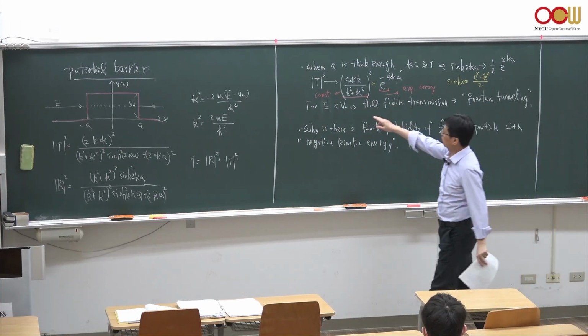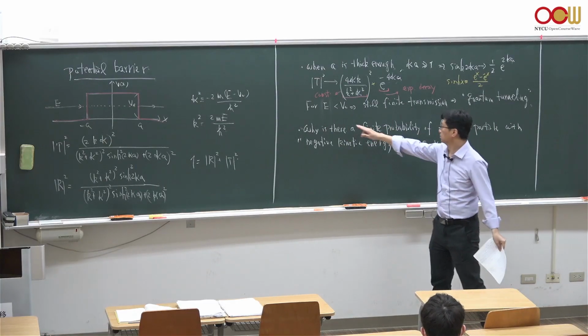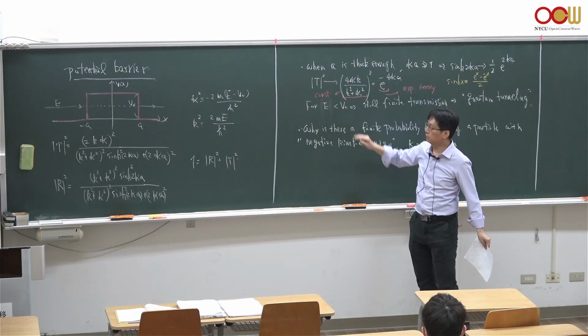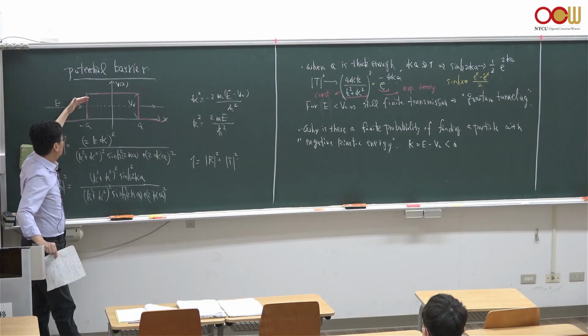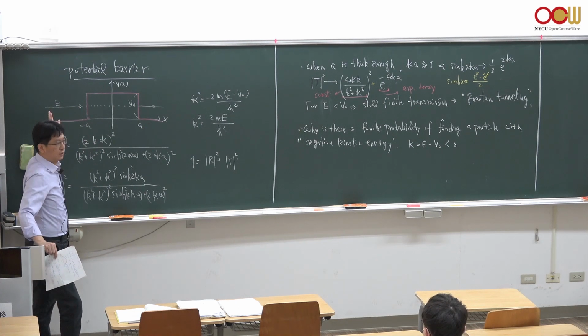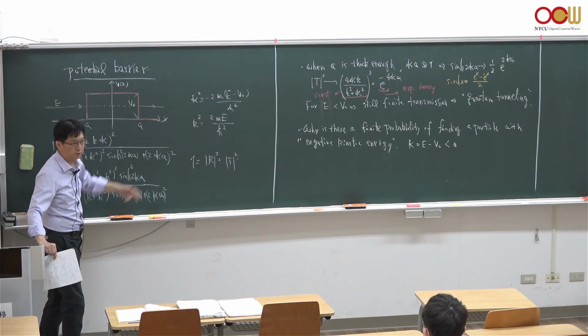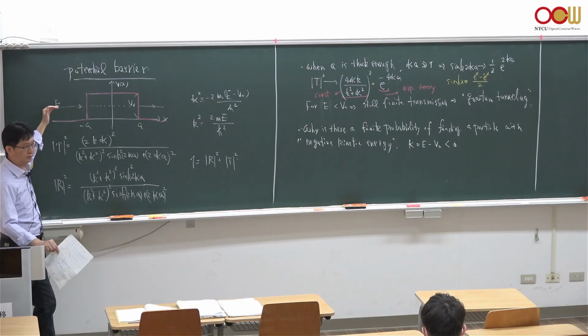But the most important statement is this: even though the energy of the incoming particle is less than V0, the potential barrier, where a classical particle would simply get total reflection with no chance of penetrating the barrier,